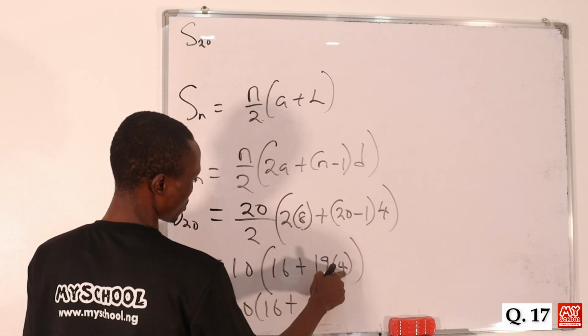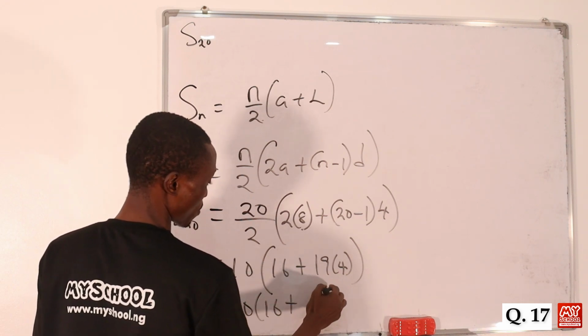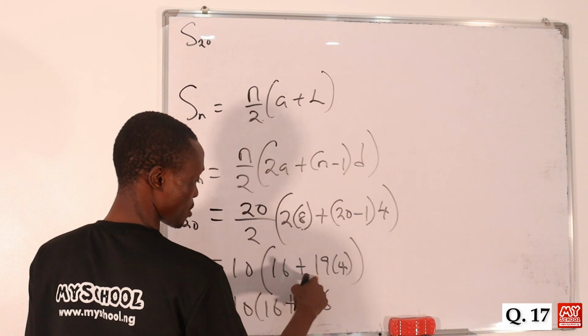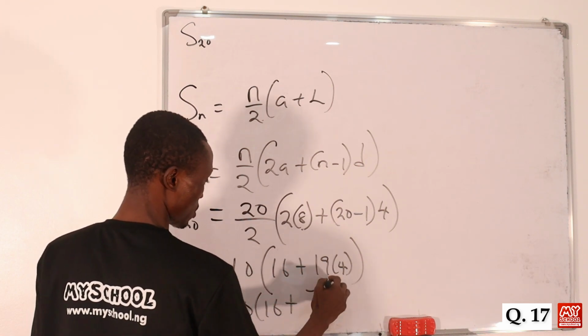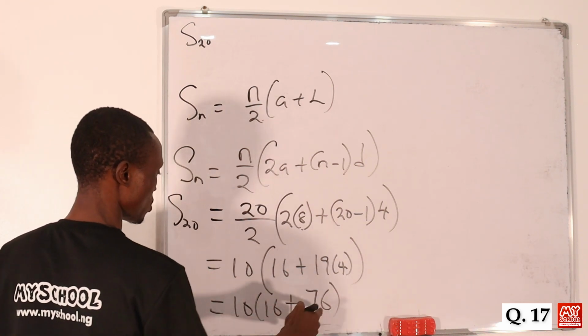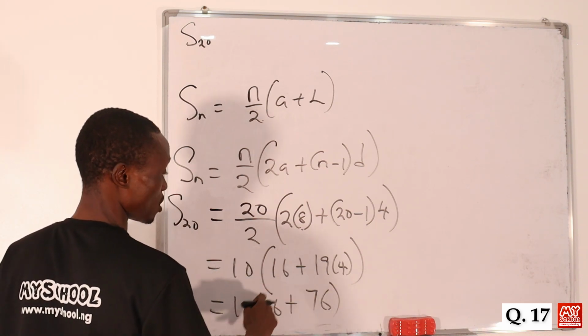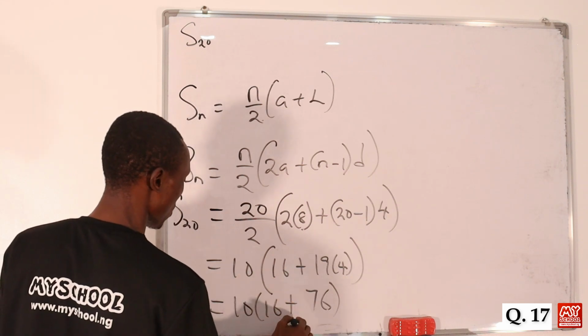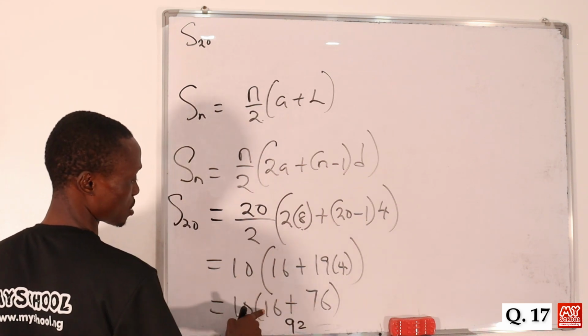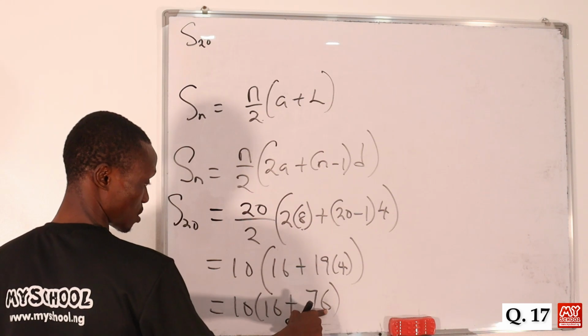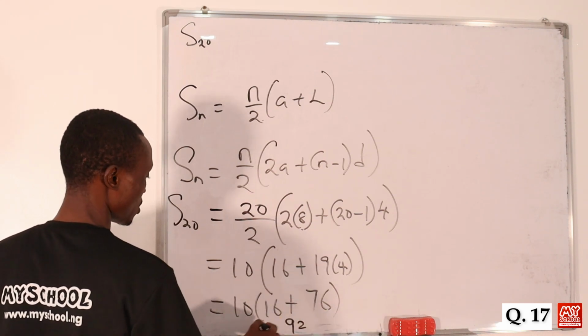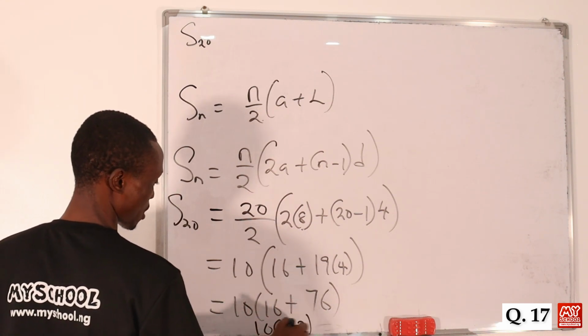So if we multiply out, this times this gives us 36. So write down 6 and carry 3. This times this 1 is 76, right? If we add these two, this gives us 12. So we write down 2 and carry 1. This gives us 8 plus 1, that will give us 9. That means here we have 92, which is 16 plus 76. Then 92 times this 10 outside, that will give us